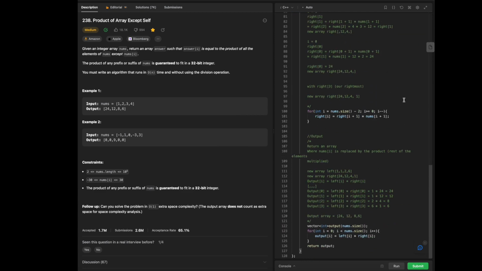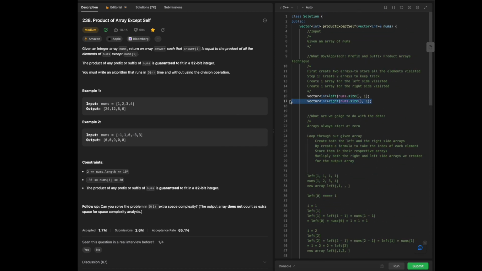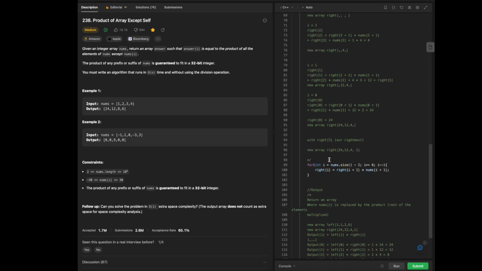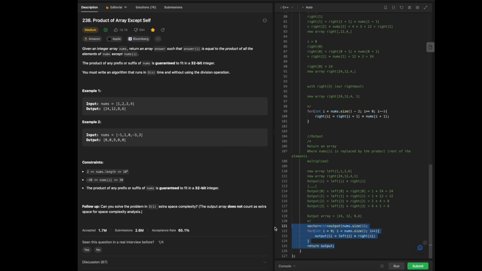And what we are going to do is that instead of doing just 2 vectors to start with, we're going to start with 1. We're going to start with just the left side, and then we can actually blend this for loop, the behavior of it, for a vector output as well. Because the reason being is that we can treat the rightmost array in terms of just having 1 to start with. So what we can do is that we're going to first initialize right to be equal to 1 to begin with,